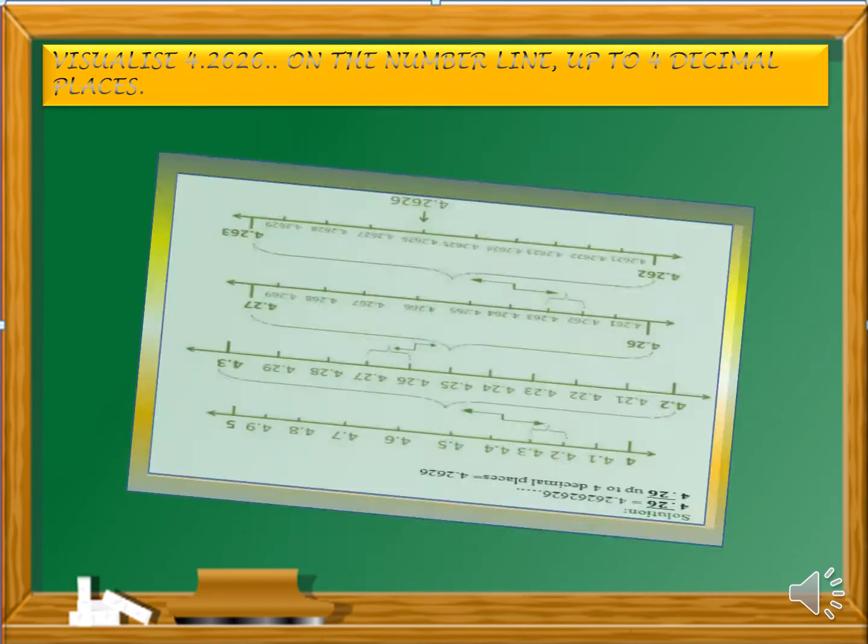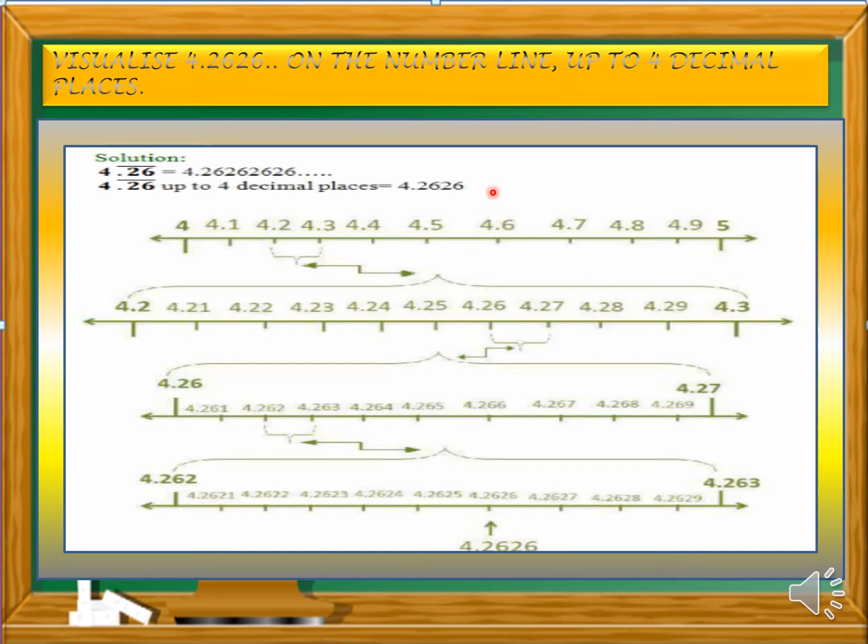So they have asked it to represent 4 decimal places. So after the decimal we should have only 4 digits. So here 4.26, why they have represented with bar, because here they have said it is dot dot dot, and so here 26 and 26 is going to be repeating, so the bar is on both the numbers that it is going to be repeating. So up to 4 decimal places, here 4.2626.